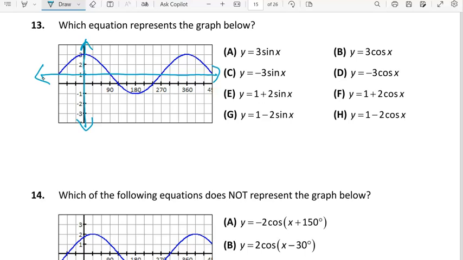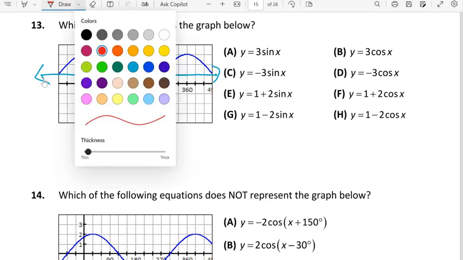So from here, what I'm going to notice is that my amplitude of this function is 2, and my vertical shift is 1. If I graph from that new origin,